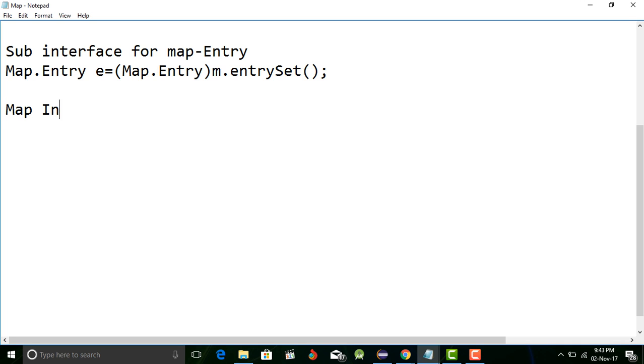Basically we have the Map interface, and we have a sub-interface, Entry, which is a sub-interface. We have certain implementation classes for the Map interface. One such class is HashMap,